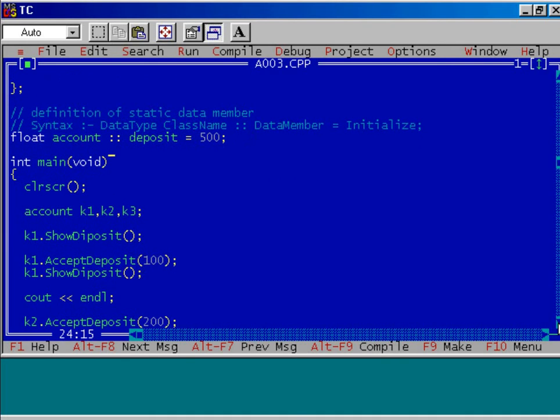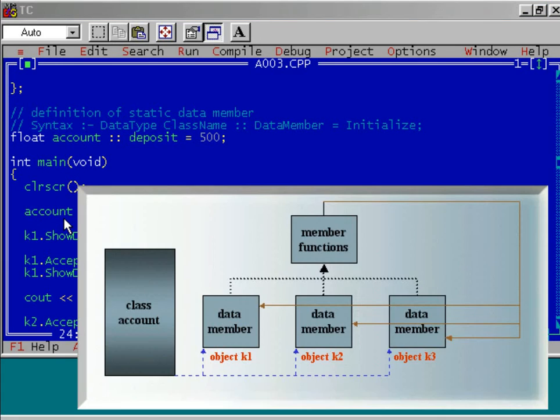Inside the function main, I have created three objects K1, K2 and K3 of type account. Let us see the diagram for this one. This is a class, namely account. Using this class, I have created three objects K1, K2 and K3. We know that inside the memory, the objects contain only data members.